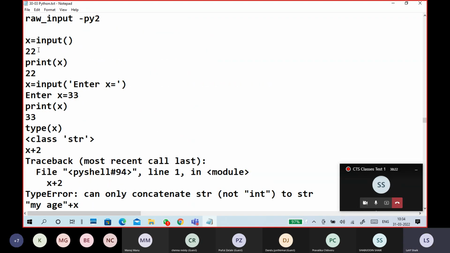You can give an input by using the input function. Inside it you can use certain text, like enter a value, or a variable name. Input means whenever it asks you to get data from the screen.